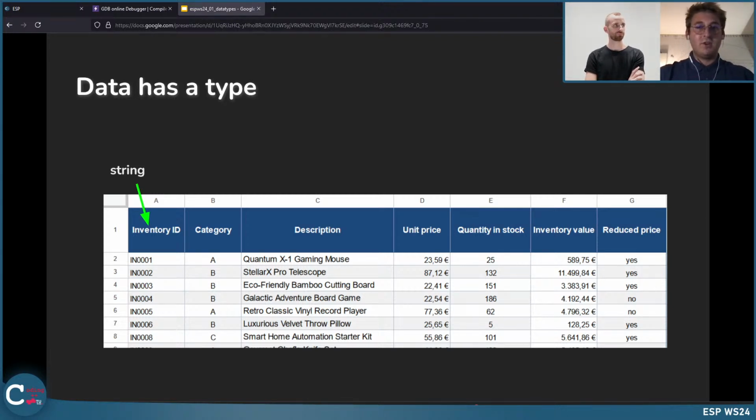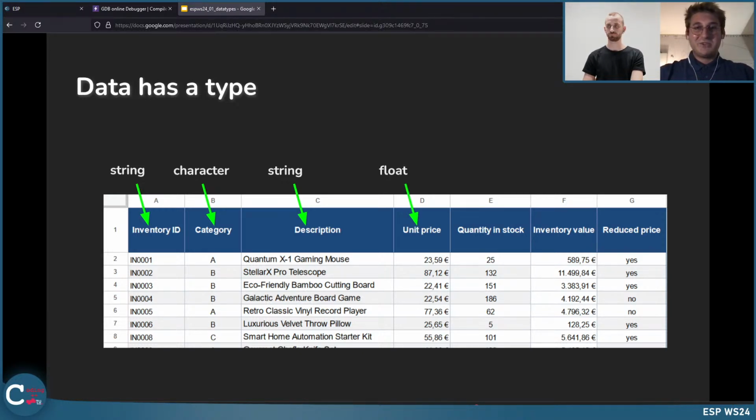We'll come to strings and all the other data types in a few slides. If we continue, the next one is a character. That's the same term we have used just before. Similar or exactly the same as the first column, the description is also a string. So it's a concatenation of single characters, or just a bunch of words.